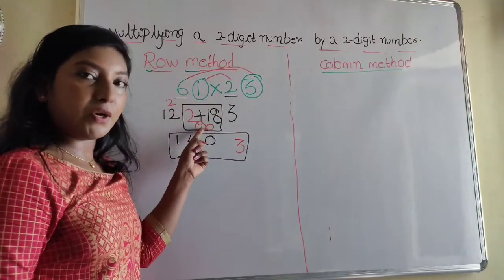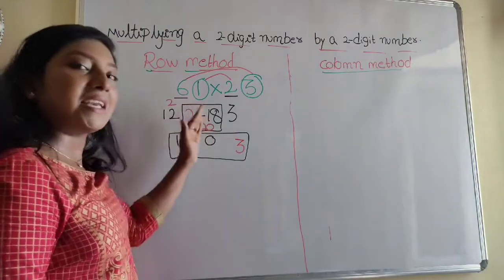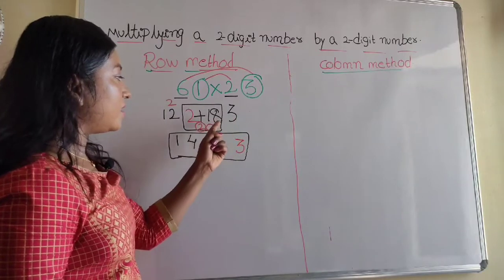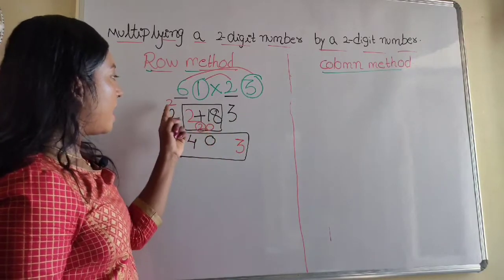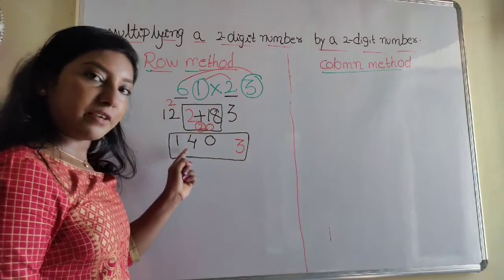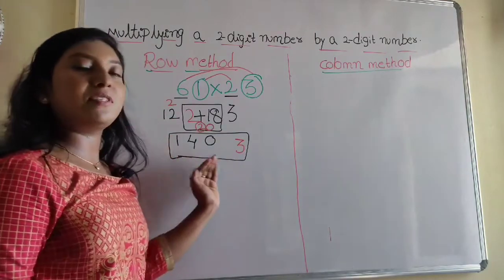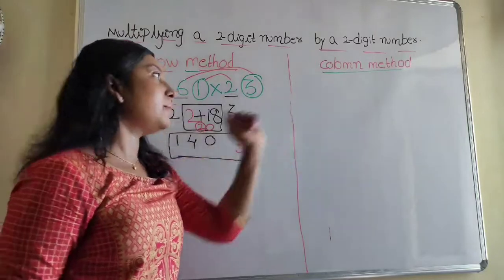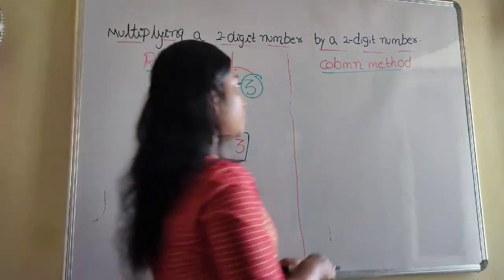We have the carryover here. So forward it to the next digit, that is the 2, and get this 3 down and 0 down, and if you add 2 plus 2 you get 4 and 1. So 1403 is our result. Now let us see the same question in the column method. So 61 into 23.